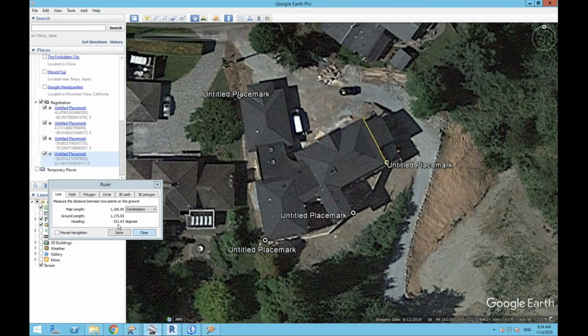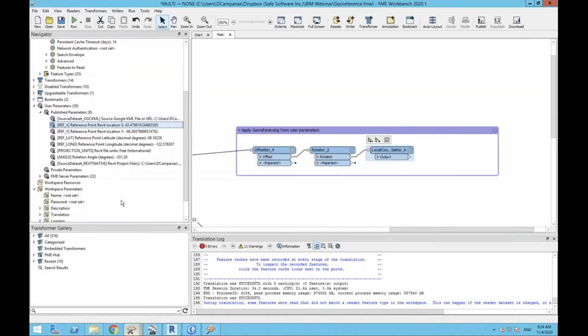If we look at that, it says 331.63 degrees. That's okay, so that's the angle. That's the angle off of the vertical, which in our case we can also use for the angle off the horizontal, but we're going in a different direction. So what we want to do is make that a negative. Put a negative on that when we go into FME. So we have negative 331.29. Now if we run this quickly and see what our results are,